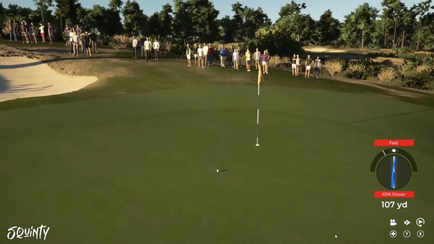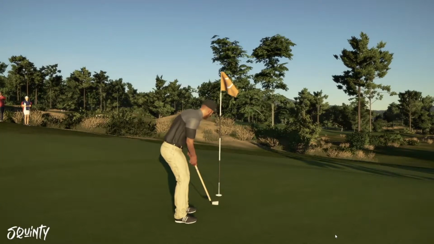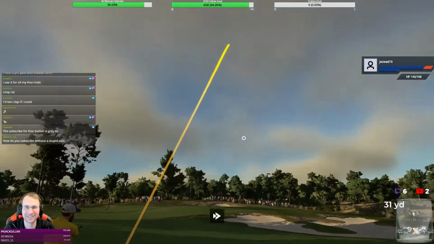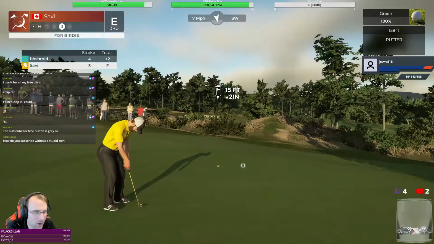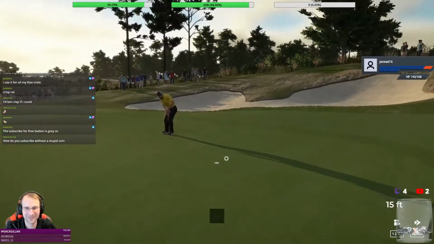Approach shot nice and close, about 4 feet to the hole, and easily draining his birdie. Followed by Savvy right out of the fairway. Getting his approach up there, pin high onto the green, a 10-ish foot putt, 12, 14, 15 feet, and drains